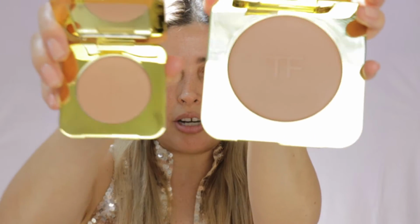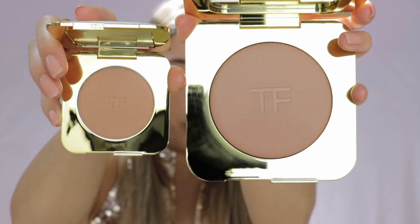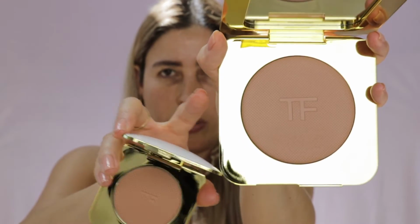And the Terra from the previous year is a matte finish, while the new one has that golden sheen to it. And the size difference is quite a big difference right here. I mean, we're talking about you're getting double the size on this big pan. I really want to see how the formulation in the Tom Ford Terra bronzer works against one to the other, because this one is hard pressed and this one seems to be a little bit more powdery and